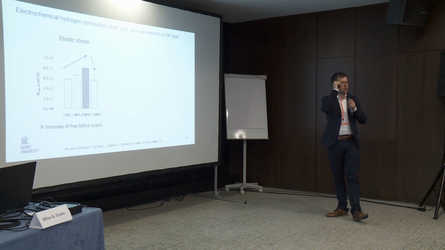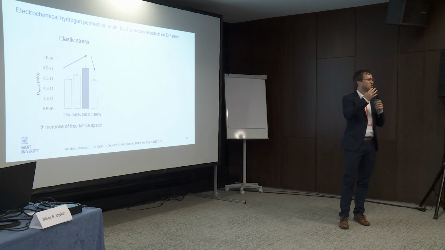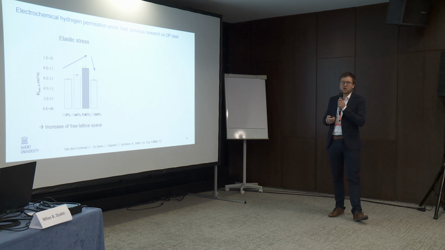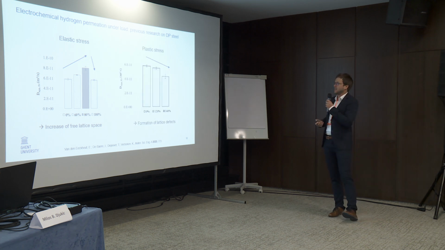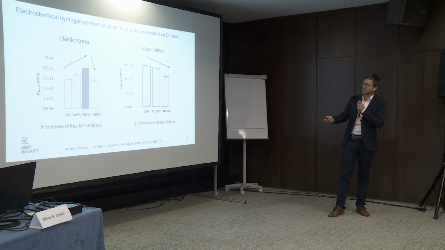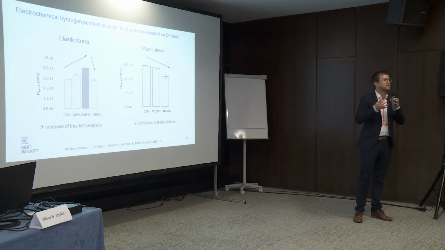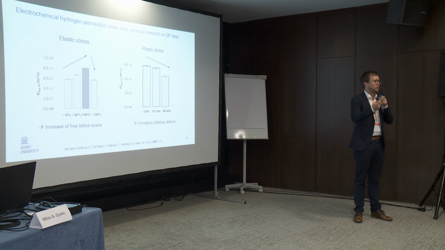Let's continue further because we can also apply a plastic load to have more dislocation generation and more trapping sites, so you increase basically the trap density in your material. So if we increase and we go to 120, 140, we can see it indeed. So at 0% we have more or less the same diffusion coefficient as at 100. So here basically there's a compensation between the elastic stress and the plastic stress. But if we continue further and we have more dislocations, more defects, we slow down and your diffusion coefficient is